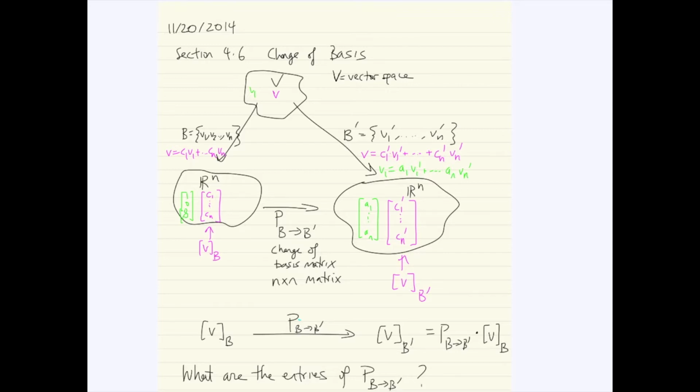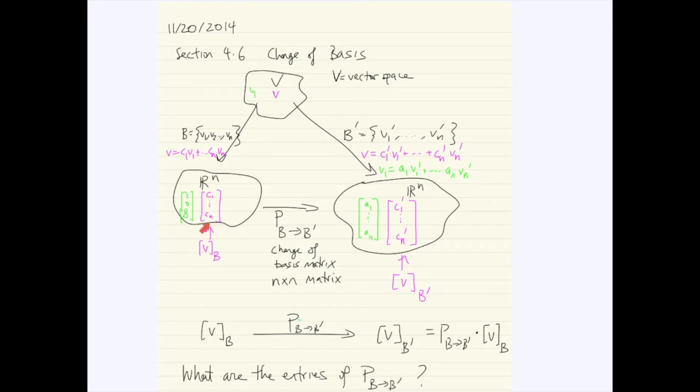So here I've drawn somewhat a schematic picture of what's going on. We start with a vector space V, and if we choose one basis, B, it consists of some vectors v1, v2, all the way up to vn, and then by definition of a basis, any vector in our vector space V is a linear combination c1 v1 plus so on, cn vn. And so to V, we can associate